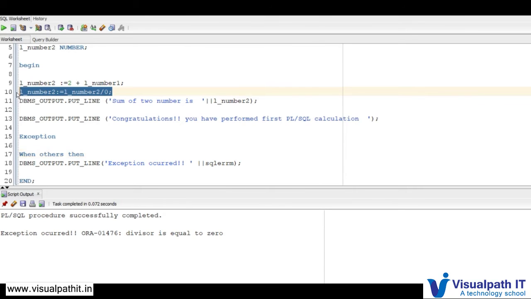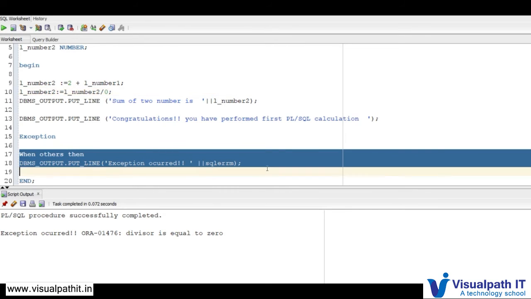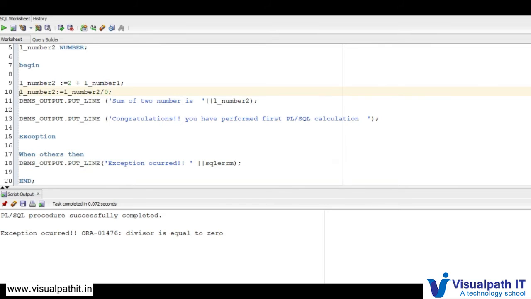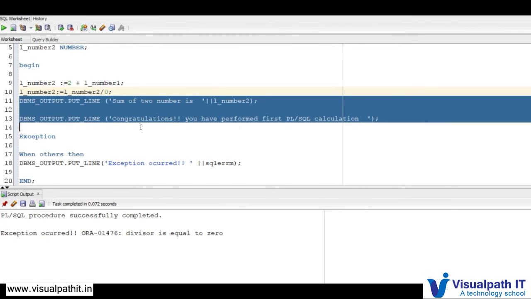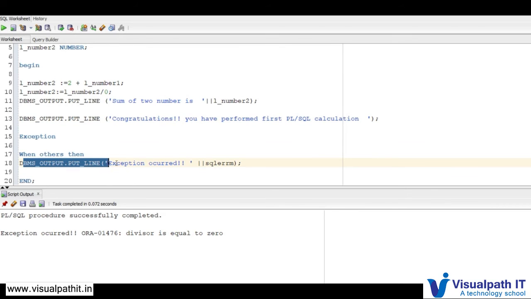We have already handled this exception in the exception block. So after this line, control will not go to the next line; rather it skips the rest of the execution block. It will not execute the remaining execution block from the point it encountered the exception. It will directly come to the exception block and print this message.